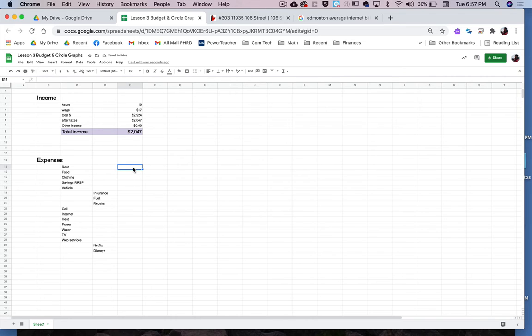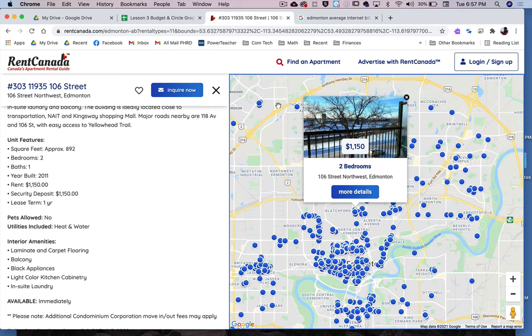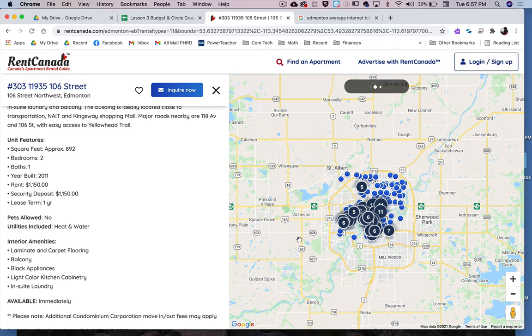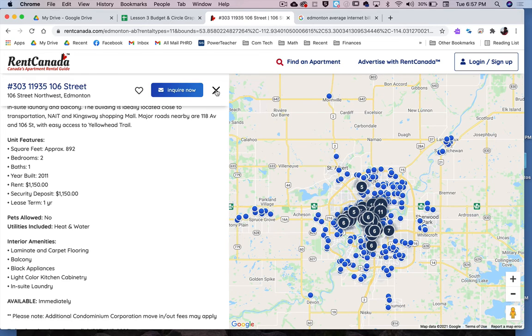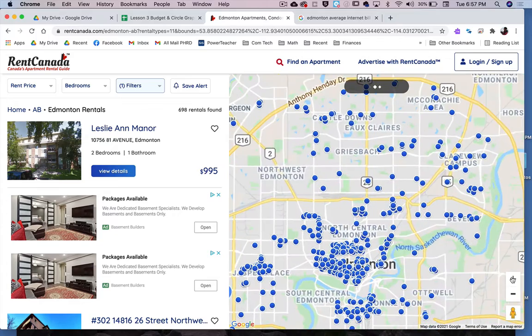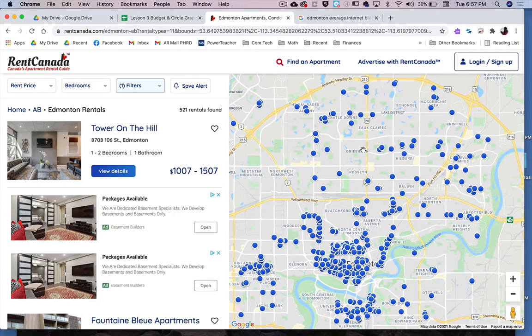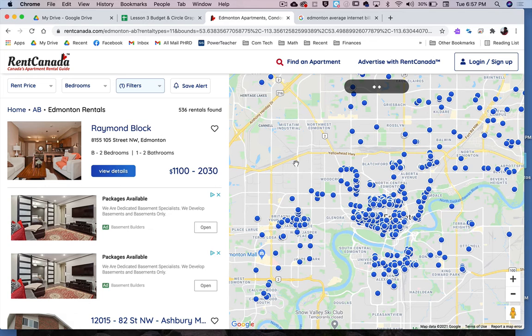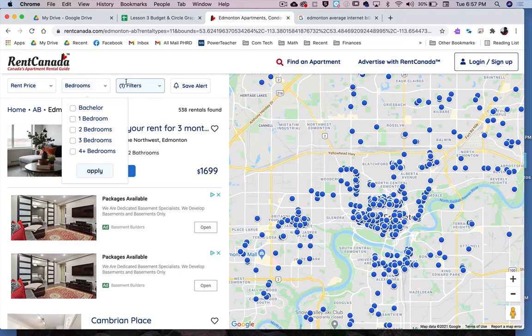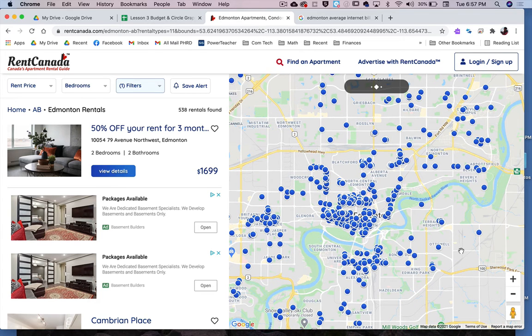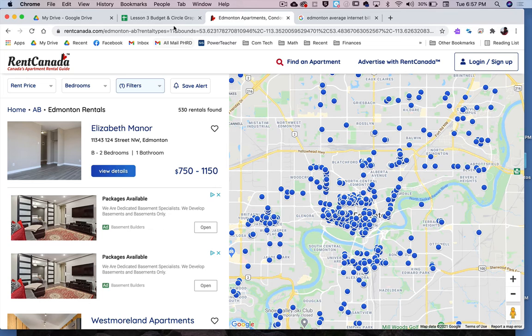Super. Okay, so under rent, average rent in Edmonton is, if you go to Rent Canada, which is a pretty good website, you can actually take a good look at what the average rent is in Edmonton right now. And if you want to take a look near Nait or wherever it is that you want, you'll find all sorts of stuff. You can find 2-bedroom apartments, 1-bedroom apartments, all that kind of thing. Lots of websites do this. This isn't the only one, of course. But what I am going to do, though, is I'm going to